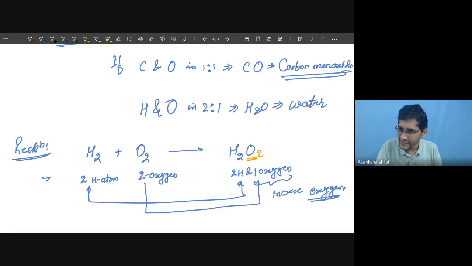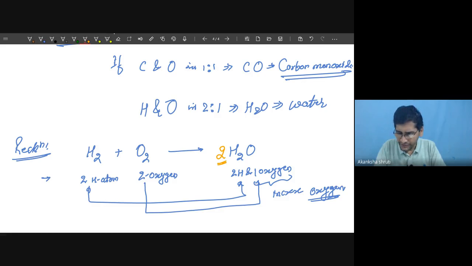We have to maintain it as water. It means the 2 cannot be placed at the end. So how to place it? For placing it, we are putting the number before this water. Therefore, 2 has to be placed before this. While placing the 2